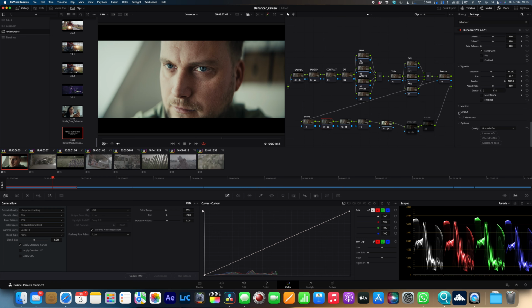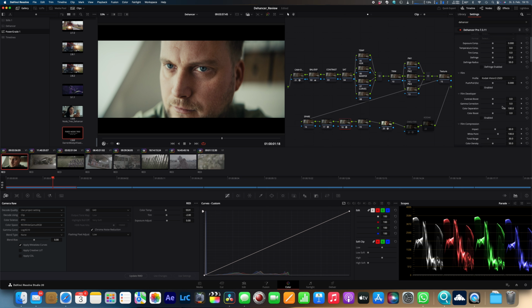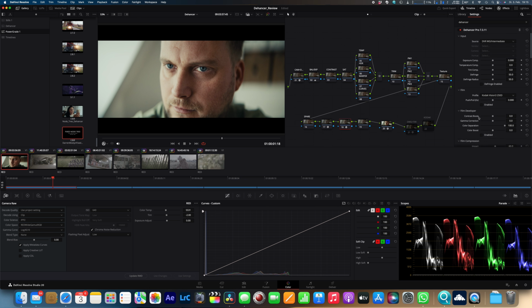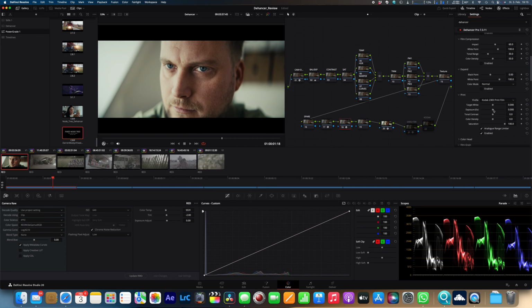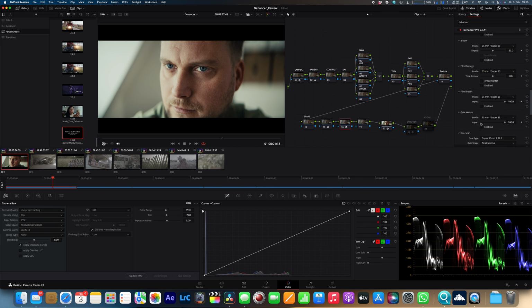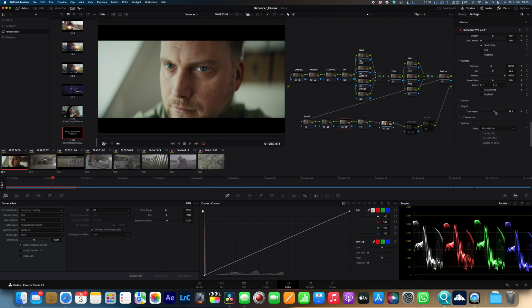And now we come to the point. One of the main reasons that I like to split the Dehancer up into 3 single nodes is because we can use the total impact dialer and dial things directly to our personal taste. So the main reason to split things up is to have a little bit more control over all the single aspects that the Dehancer has to offer. So once we dial in our total impact to our personal taste, maybe around 80% or something,